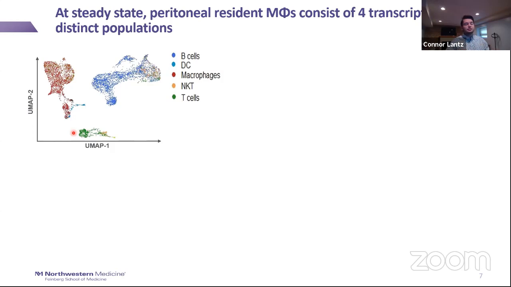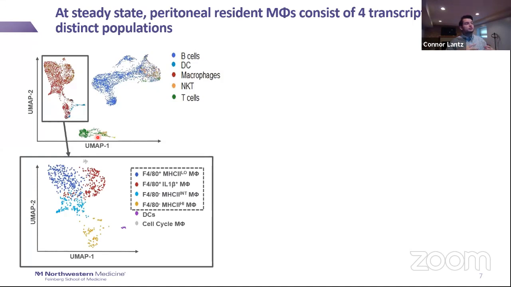The first step I took was to identify what immune cells I was able to extract from my peritoneal lavages. Using SingleR, I was able to compare the transcriptome of each individual cell to a reference genome in the ImmGen database. This allows me to unbiasedly identify the immune cells within my sequencing data. And as you can see, I have a large population of macrophages, a large population of B cells, and a small population of T cells, which is pretty representative of what we would have expected in the peritoneal cavity.